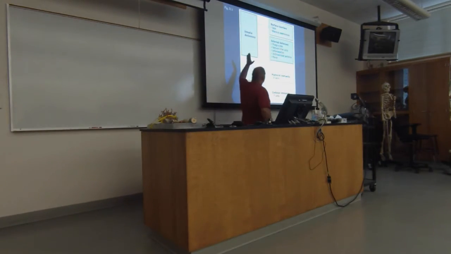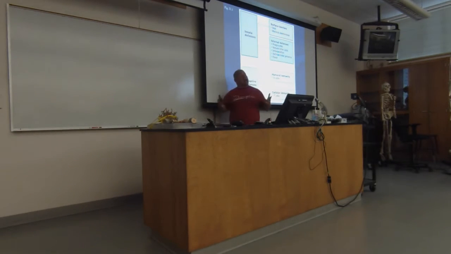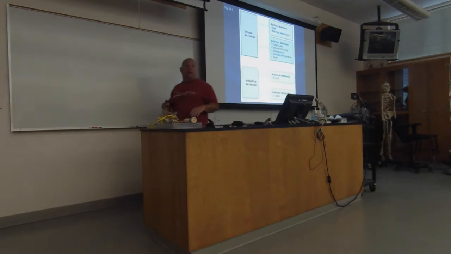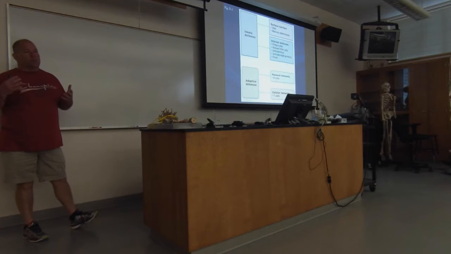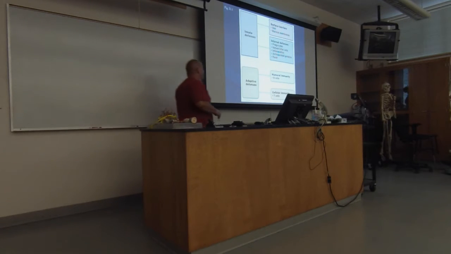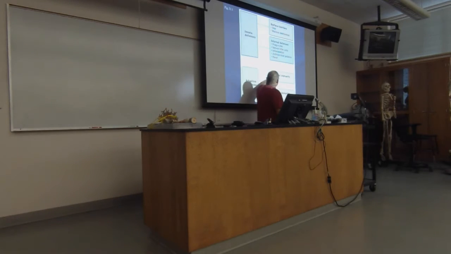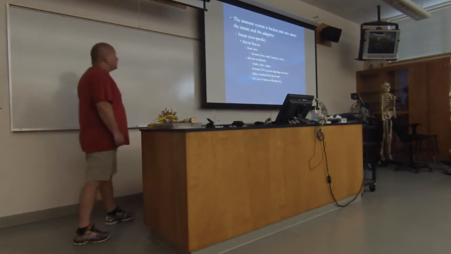So again, if you just look at the boxes over here, the first box is our first line of defense. Let's keep everything from even gaining access to the body. The second line of defense is that internal mechanism of, whoops, the gates broke down, something got in, now how am I going to kill it? That's our second line of defense. The last two boxes together make up the third line of defense. Okay? And that's what we're going to be spending time on today, talking about the cellular immunity.